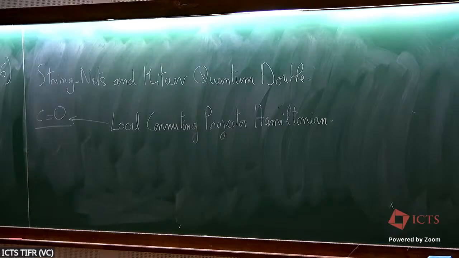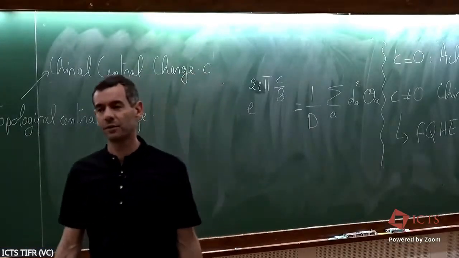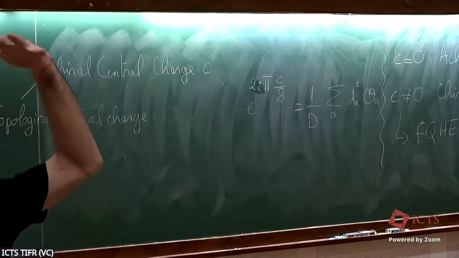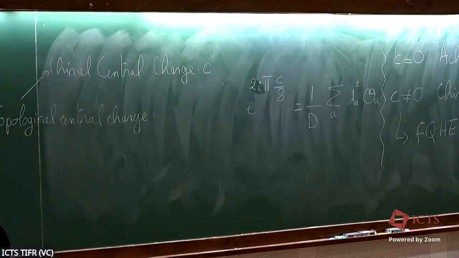So you want to know what, well, you can see that if I take C or C plus 8, I have the same C. That's all I can tell. Now, physically, the reason for that is a bit tricky. There are several ways of understanding that, but you have this E8 category, which is essentially based on the vacuum, which is a Carroll theory, and you can always stack any UMTC with E8, and then you will change the central charge by 8. I don't know if it's really enlightening, but